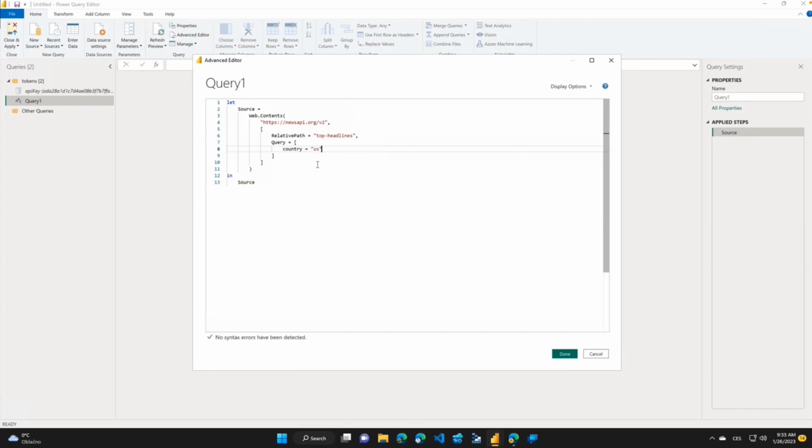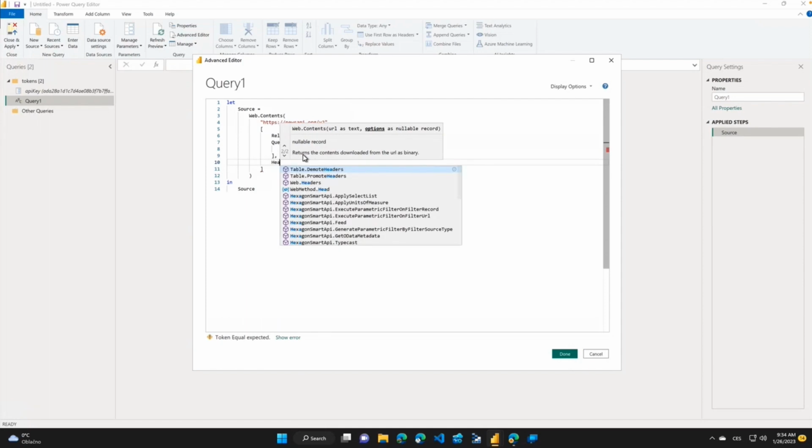And I will just set US as text, and I will let country be as it is because now it's used as a parameter. And again, we're not using the question mark because between base URL and relative path, Power BI will add the slash, and between the query and any previous part, it will automatically add the question mark, so we don't need to provide it. And after that, we can set up our headers,